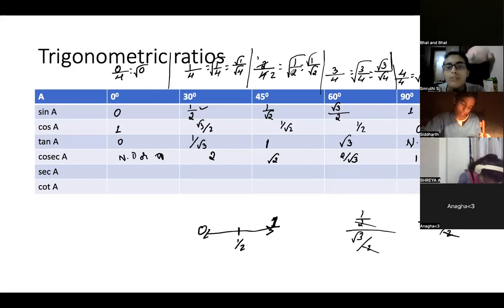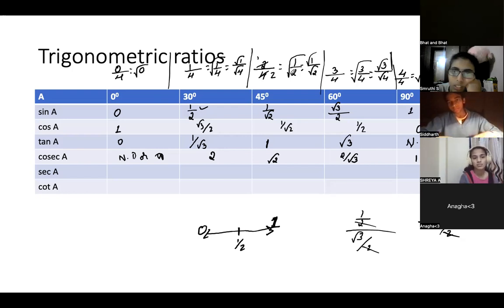Next, cot 0. Not defined. Cot 0 is not defined. And cot 30. Root 3. Cot 30, root 3. Cot 45, 1. And cot 60, 1 by root 3. Correct. And cot 90,